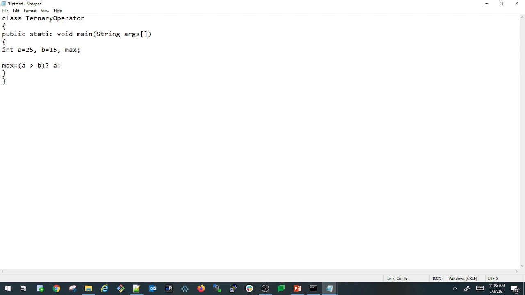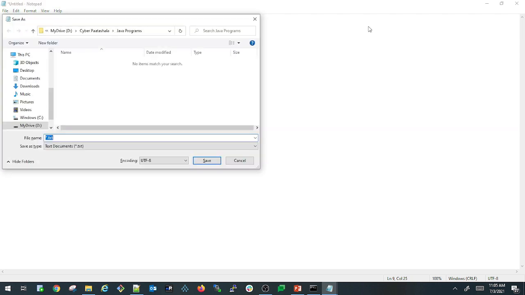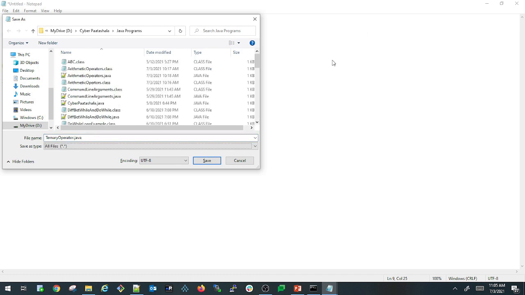If it is not, then assign the value b. Let us write a print statement for max, what got assigned by the ternary operator. Now let us save it as TernaryOperator.java.